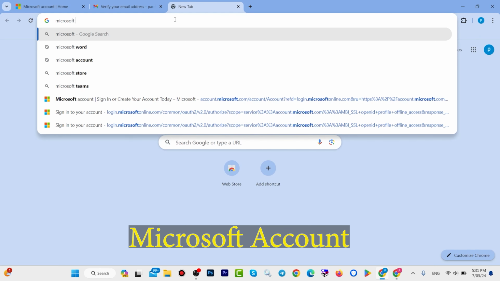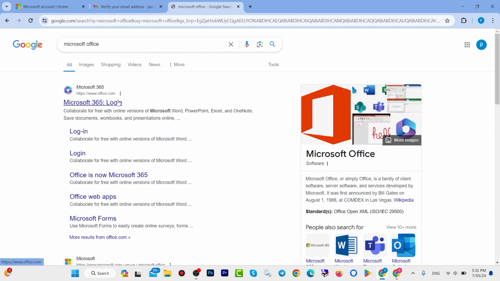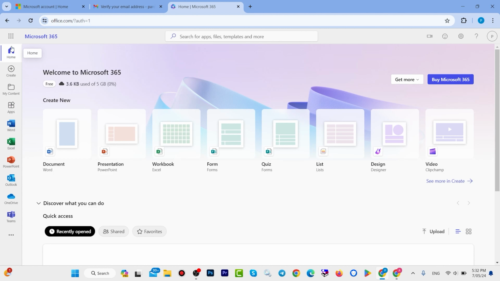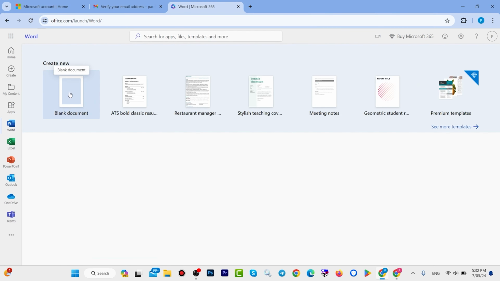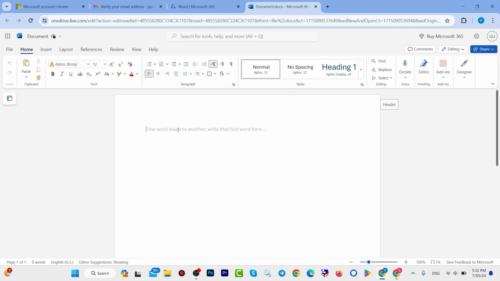In this step, open another tab. Type here Microsoft Office, then hit enter. Open this first link. Click on sign in. Click on this arrow. Here we have different apps from Microsoft like Word, Excel, Access. Any of them you want, you can use. We want to use Microsoft Word. Click on Microsoft Word. Here is a blank document. Okay, now you can use Microsoft Word,